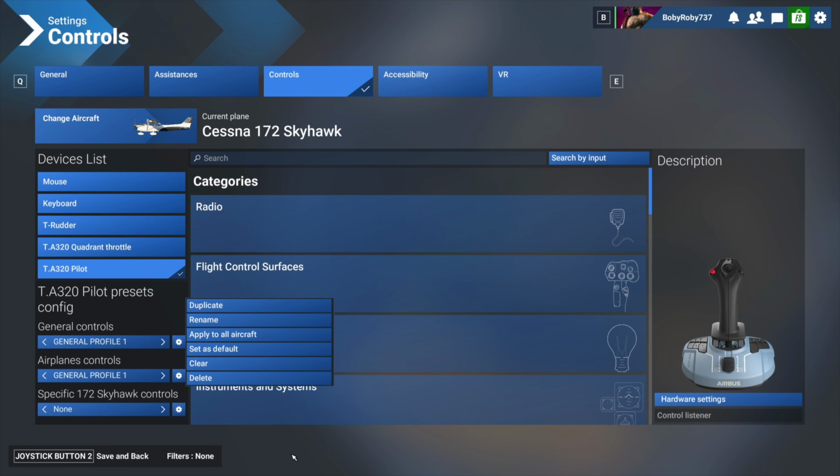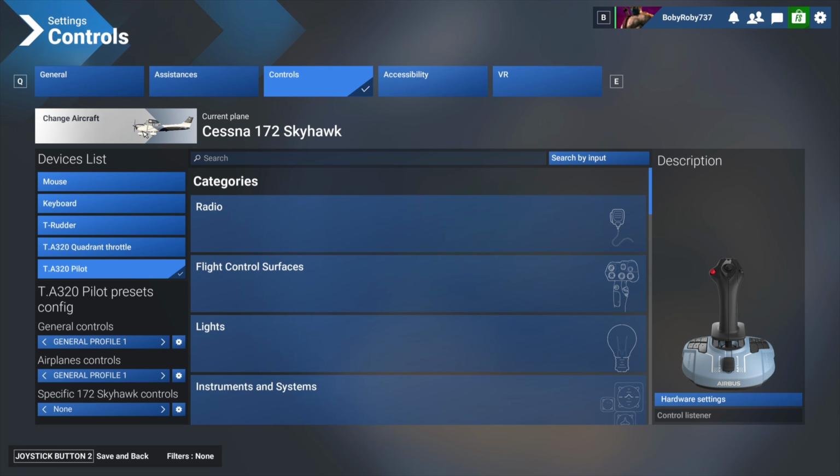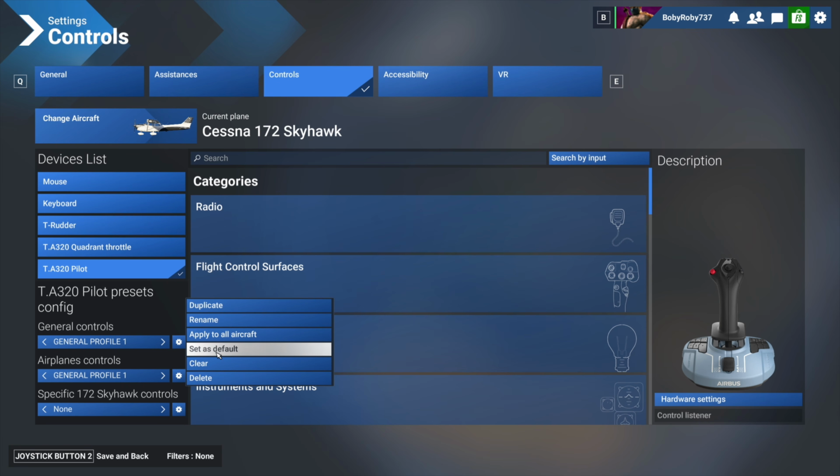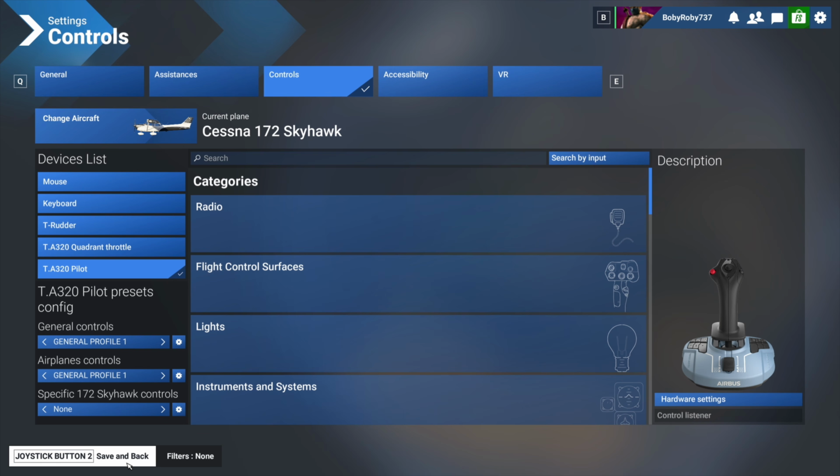So what I want to show you now, I have pre-selected before Cessna aircraft, right? And we have this general profile 1 created, what we just did now. So technically, if we hit save and back and go to flight, it's going to all work, and I'll show you later on. But there is something else I want to show you. This is actually very important, okay? So I haven't clicked on set as default, and I also haven't clicked to apply to all aircraft. First thing is I want to show you something. If we go save and back,